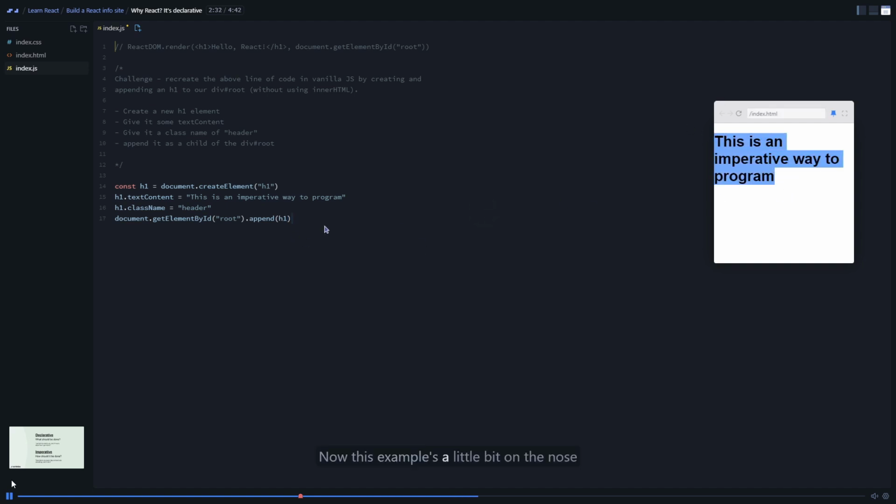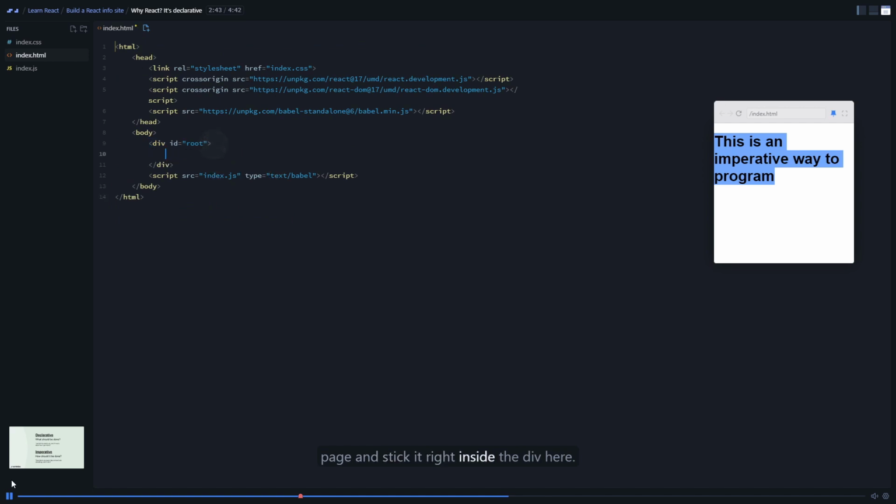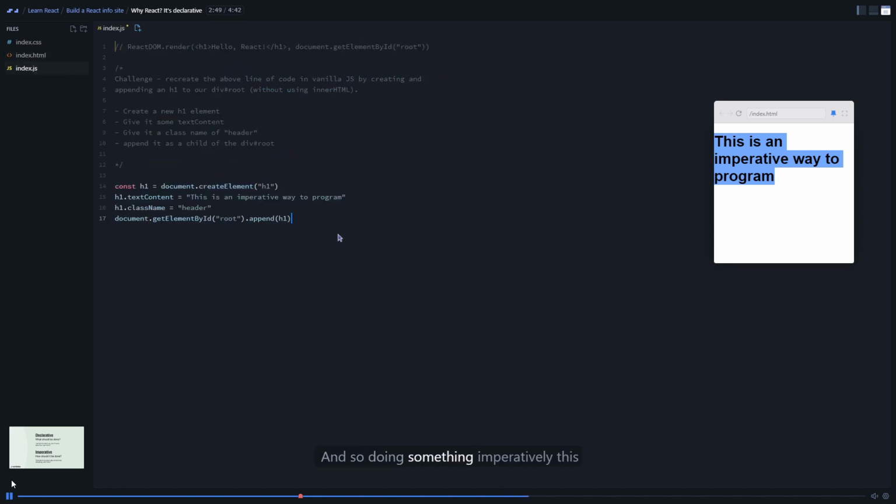Perfect. Now this example is a little bit on the nose because if you were really just putting something static that had nothing to do with user interaction, you probably would just go to your HTML page and stick it right inside the div here, right? But with React, we're building our entire page in JavaScript. And so doing something imperatively this way where I have to tell it step by step how to create the